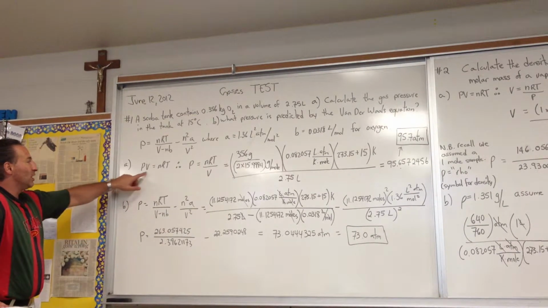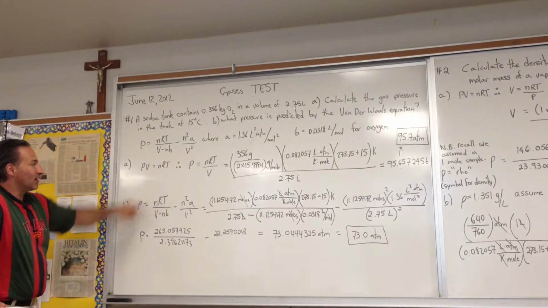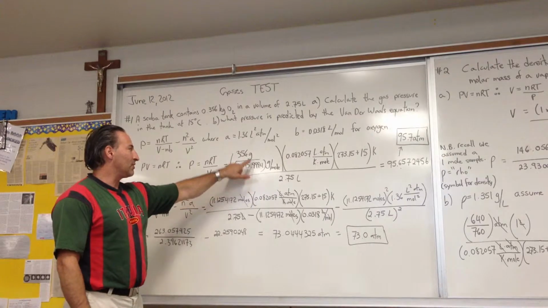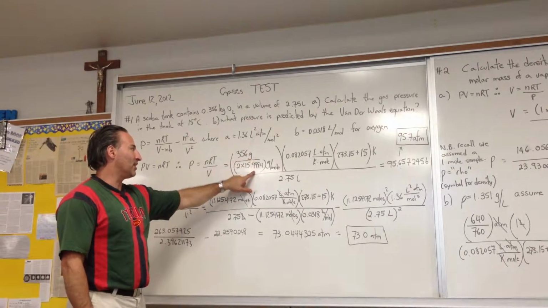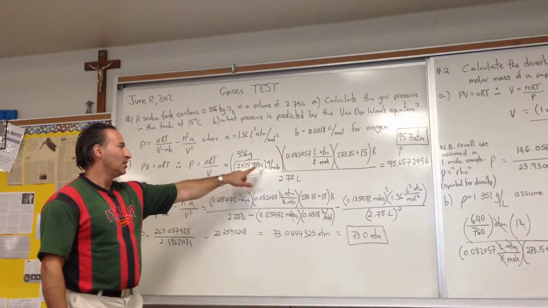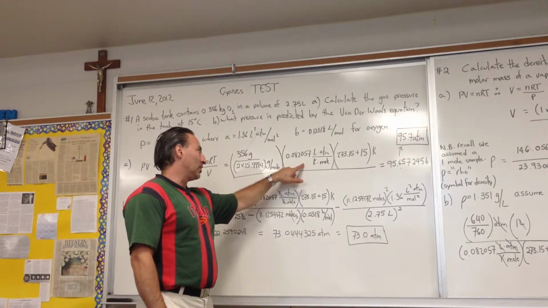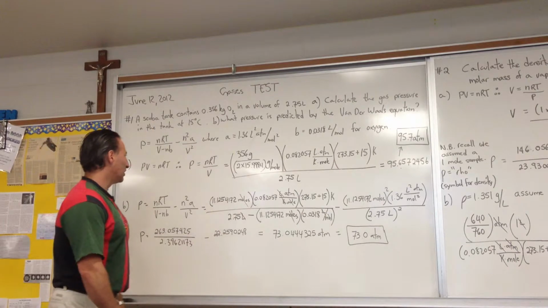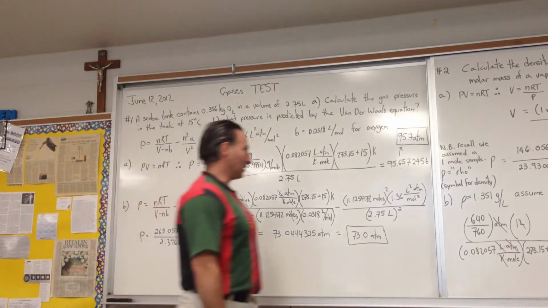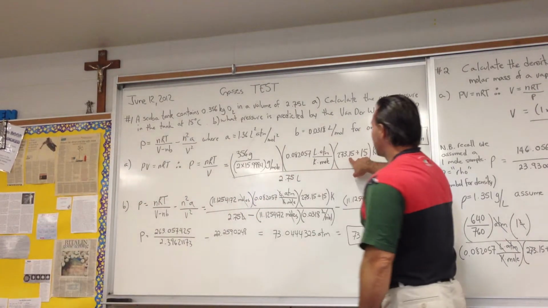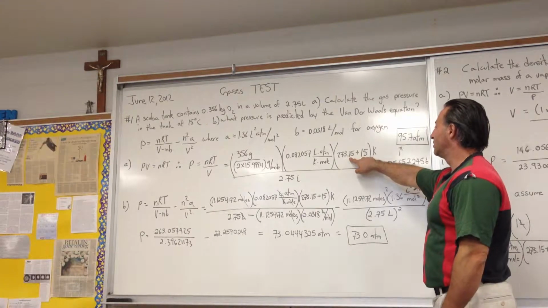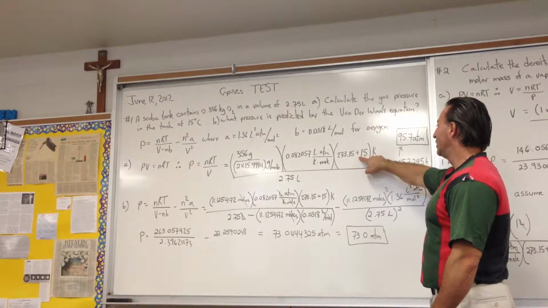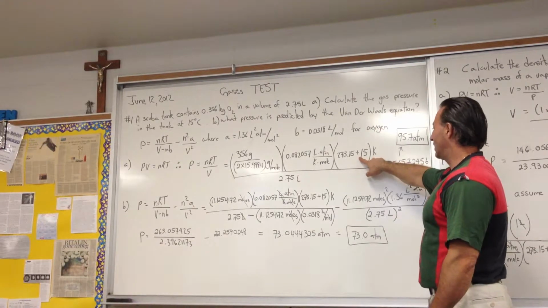So we rearrange the equation by transposing the V under the nRT, and then we plug in the values. This is how many moles of oxygen we have, the mass in grams divided by the molar mass in grams, times the gas constant, 0.082057. We use liter atmospheres per Kelvin mole, because those are the units we're using for the rest of the calculation. We add 273.15 to find out the Kelvin temperature. You need to plug in the absolute temperature into the equation to get the correct answer, and then the volume